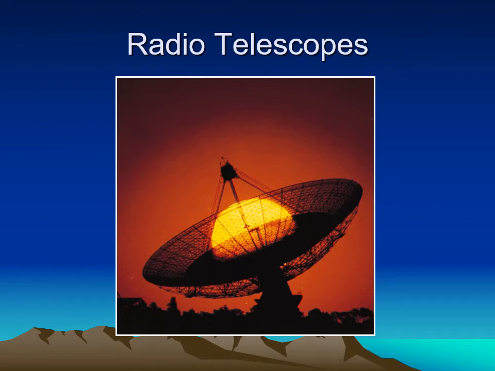So we'd introduced the idea of radio telescopes and radio observatories. And the problem that we end up with radio telescopes is that radio waves are very long wavelength, which means the radio telescope has to be huge in order to function just as well as a small optical telescope. In fact, the radio telescope, in order to see as well as your eye, has to be almost the size of miles